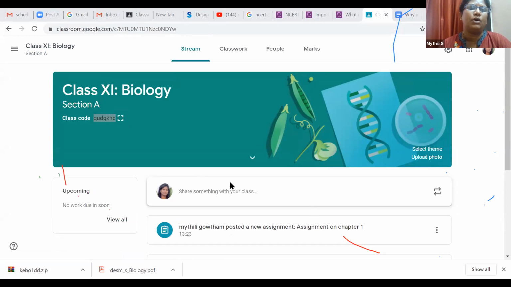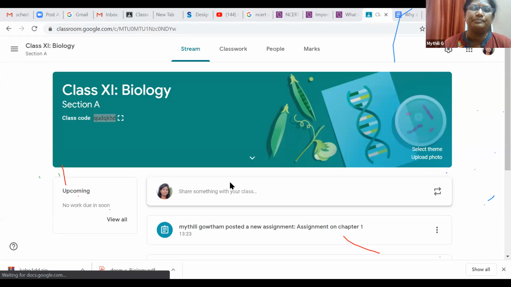So you already know about this, how to do it. This is the teacher-student view. I can say this class, the teacher has created this one. So I can go to the classwork. Okay, so this is my assignment. A student is able to see this rubric. In this way I get the rubric for my assignment. So this is the rubric. The student will also know about the rubric.